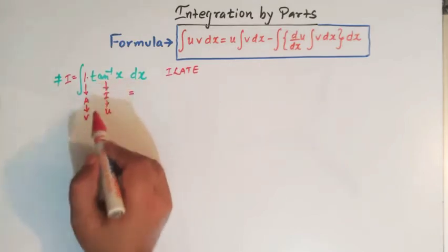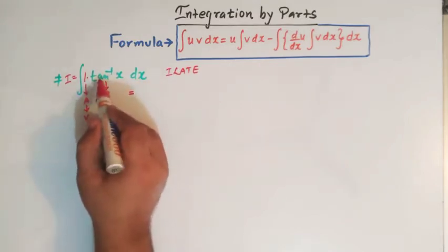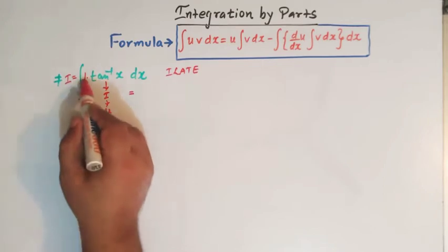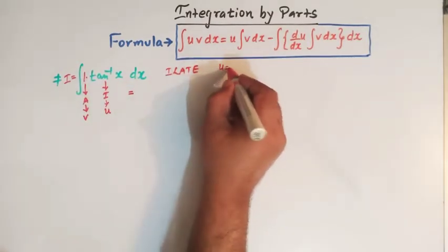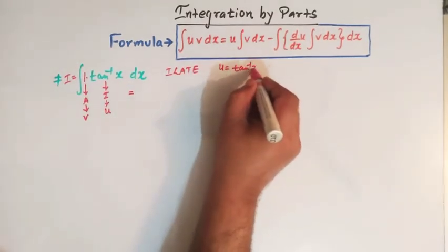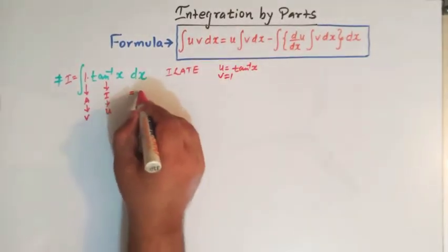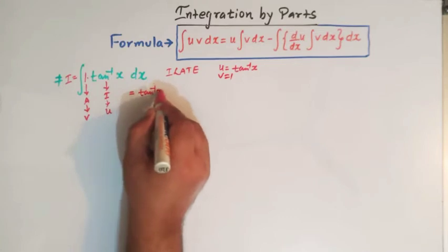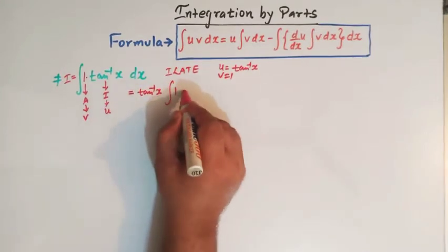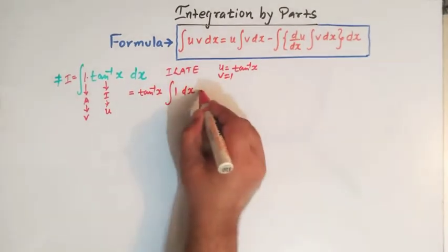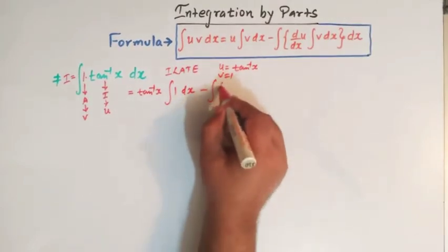Now if we substitute u as tan inverse x and v as 1 in this formula, we get tan inverse x integral 1 dx minus integral the derivative of